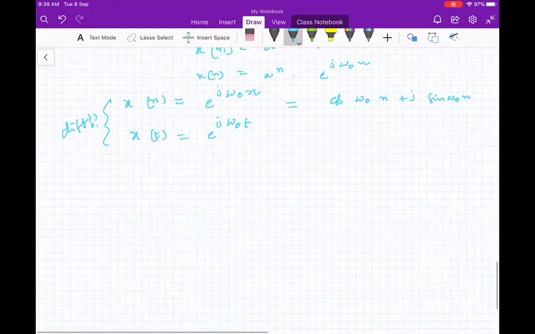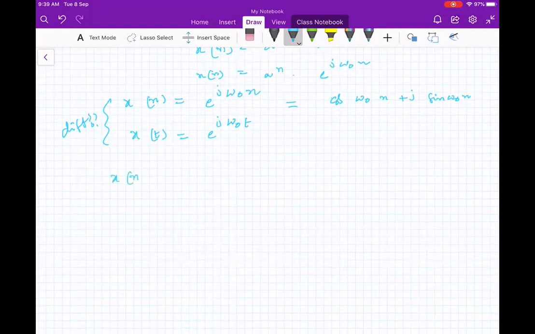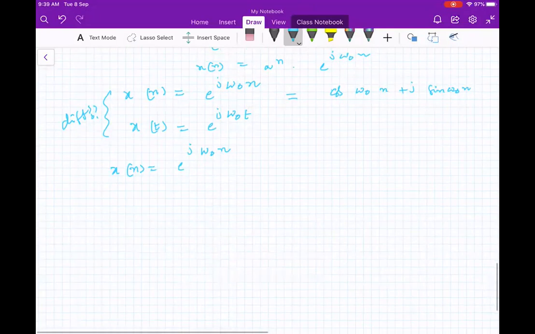One subtle difference we would like to see between these two. We wish to discuss more on this complex exponential signal, e power j omega naught n, because most of discrete time signal processing deals with complex exponential signals, as you know to some extent. We would like to understand some of the properties of this before moving on to the systems.